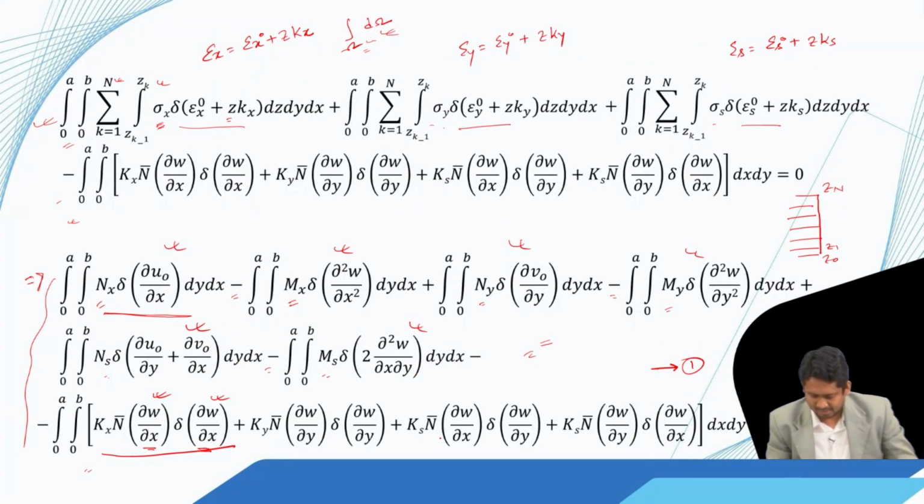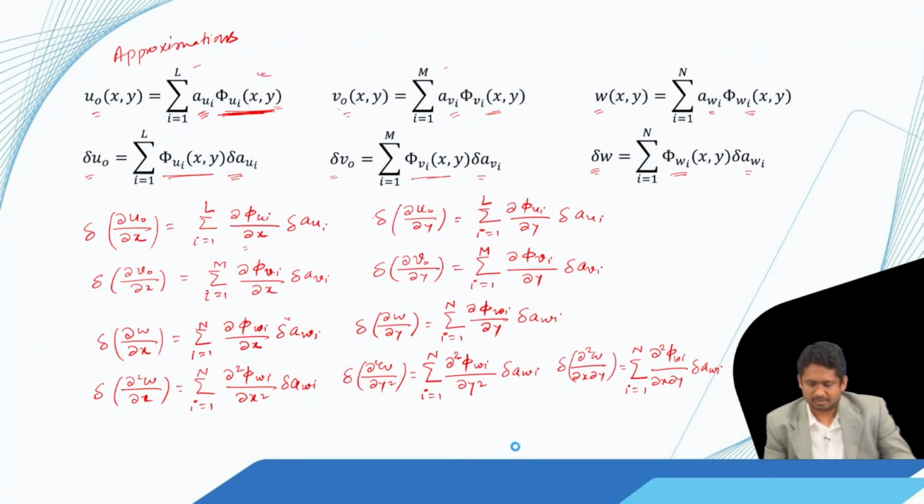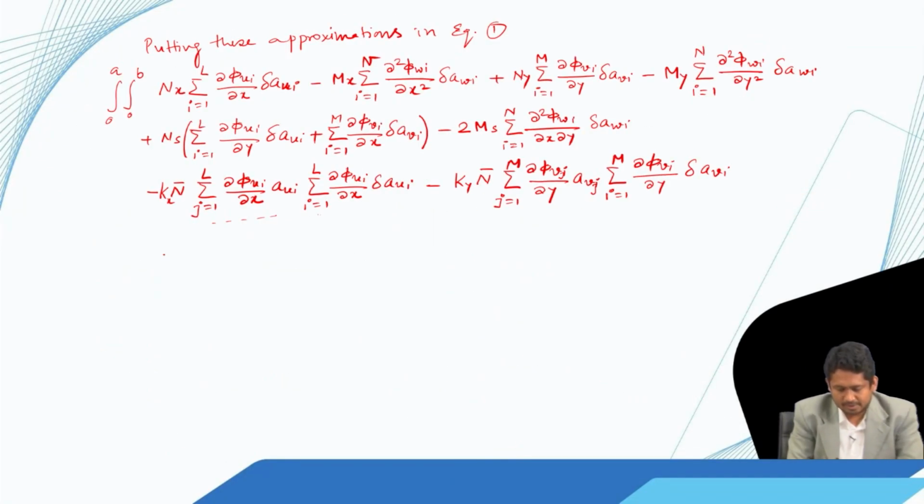Next term is we have ks n bar multiplied by del w by del x and variation of del w by del y. So, now we have ks n bar. First, let us take care of del w by del x. So, j is equal to 1 to